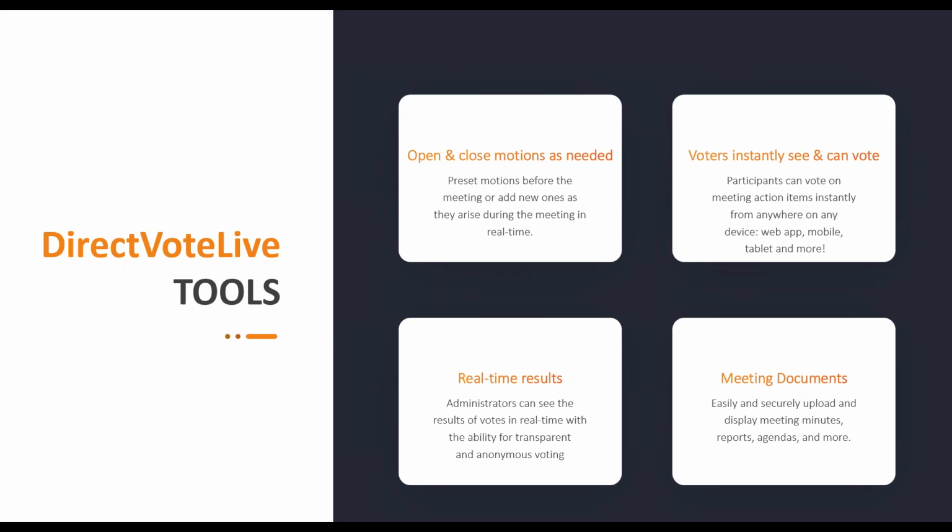Not only are voters seeing these motions open in real time, but they can also get access to instant results. So our system includes the customizable option to allow all voters to see an immediate report on the voting results for each motion on the instant that it closes. Admins can also do things like upload meeting documents to be available for download by voters. This could be anything from meeting minutes to the text of motions or even the PowerPoint deck for that meeting. Just things to make it simple for your voters and to keep things all in one place. So with that, Tony, I'll throw things back to you.